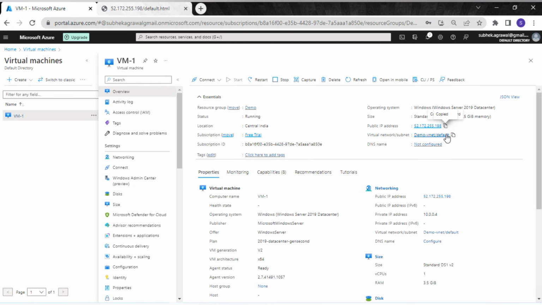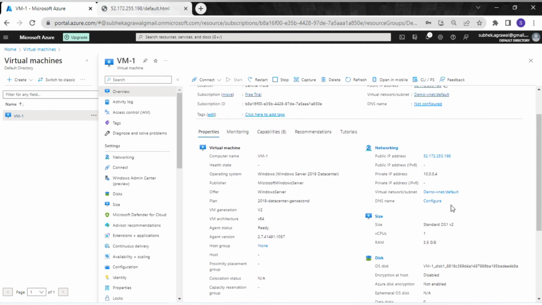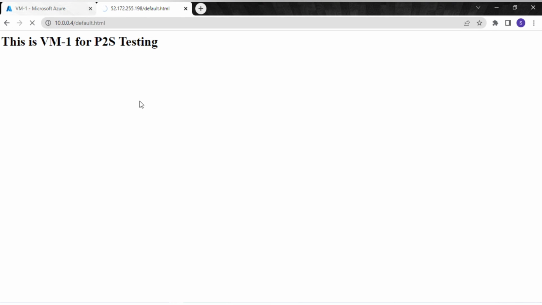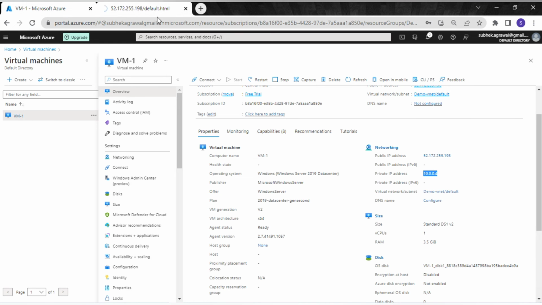But similarly, if I test from the private IP address, so this is the private IP address, and if I just change it, we cannot access it because we don't have any connectivity from local to cloud. So that's what we are going to create: a connection between my laptop and the Azure cloud, so we can access this particular application or site from the private IP address. So first thing we need to do,